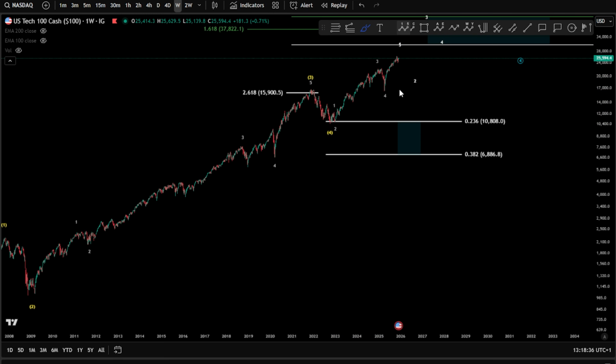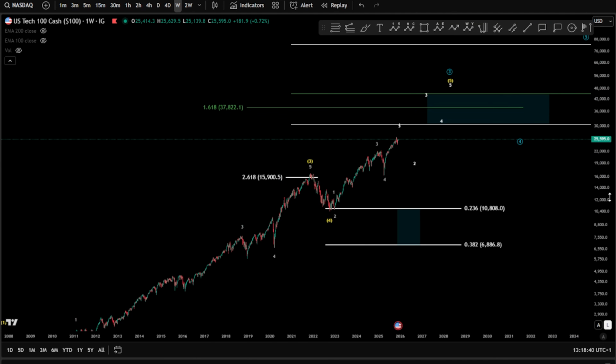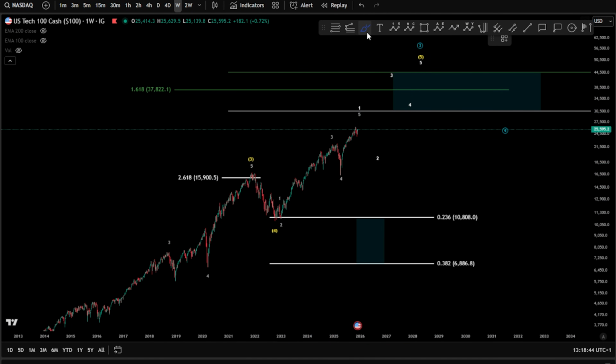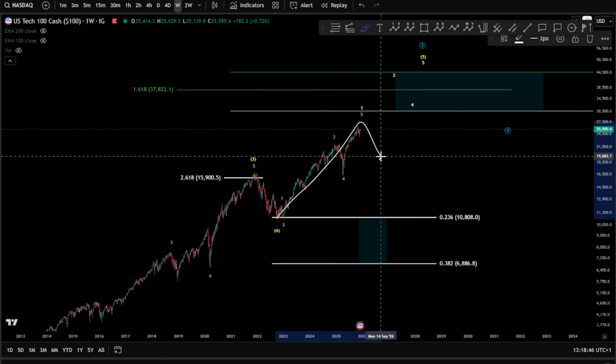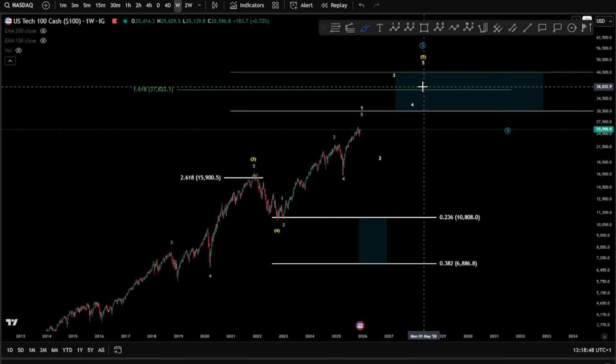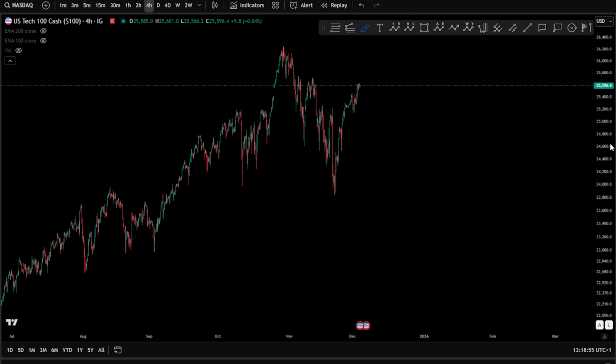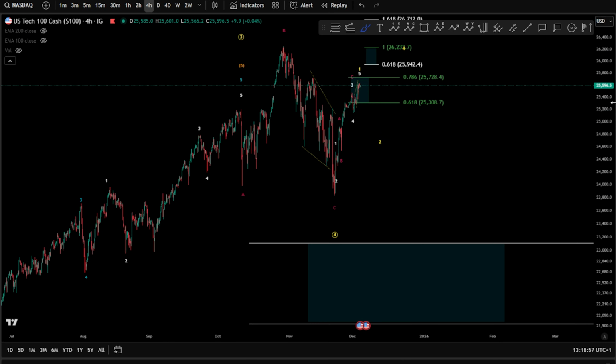Currently, we are looking at the wave 5 to be finishing here, of course, as a potential wave 1, which can be, of course, a longer wave 5, meaning 1, 2, and then 3, 4, 5 continuation toward the upside. If we dive inside this area where we are looking currently at the final wave 5 here to unfold